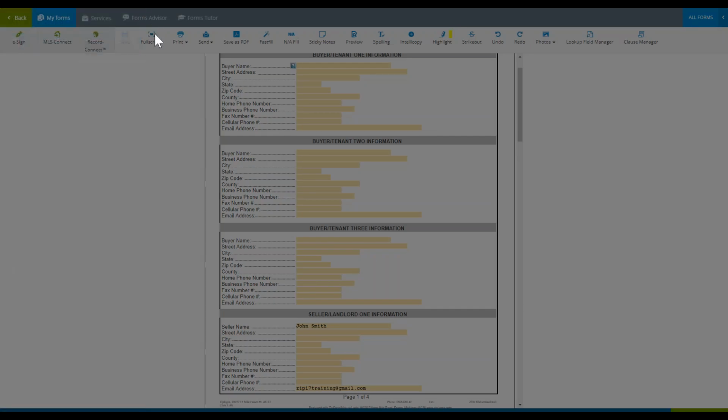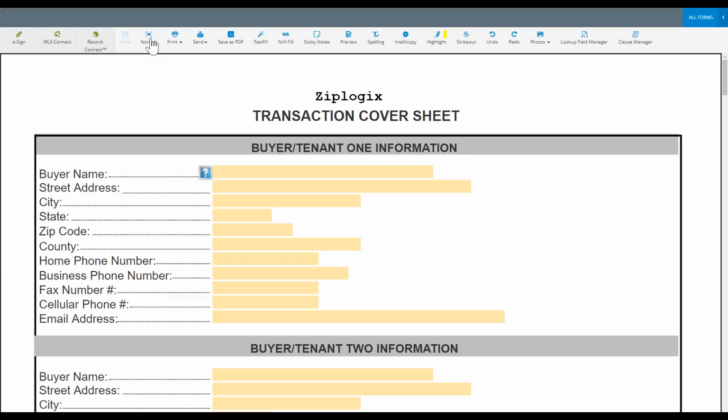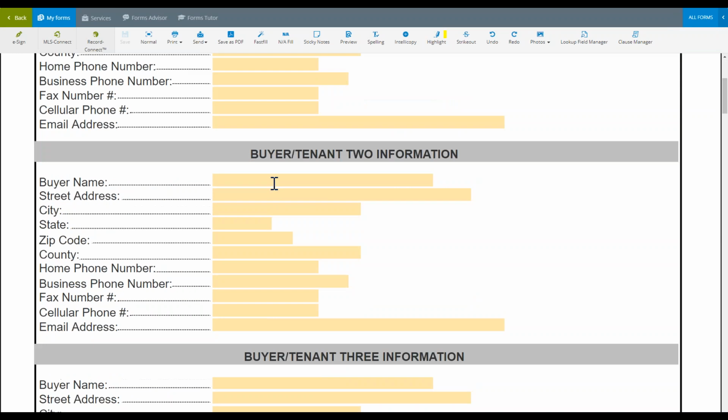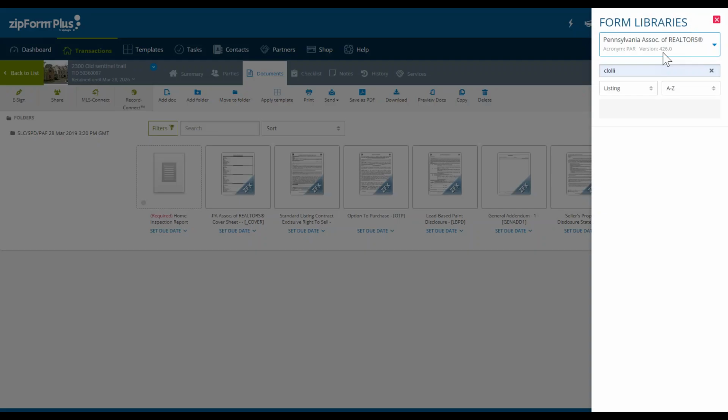Let me make this full screen here. In any field, I don't know why it's not doing it. Let me show you what this looks like.